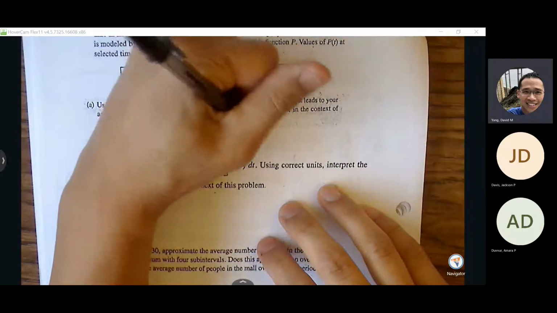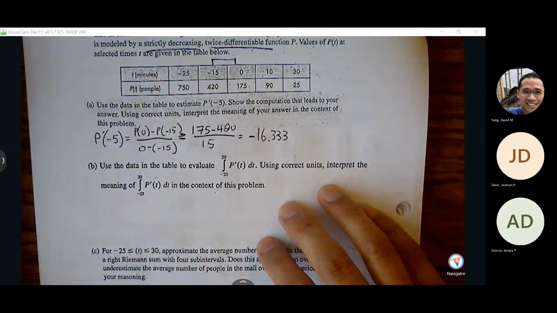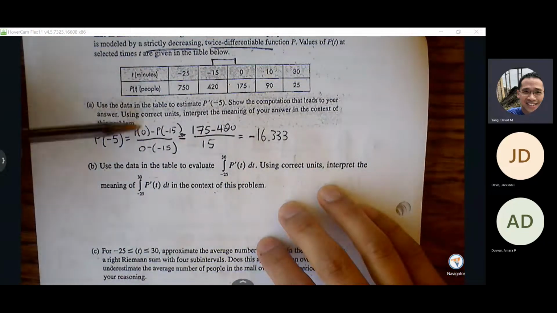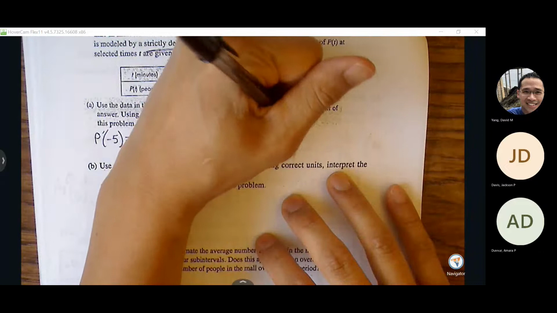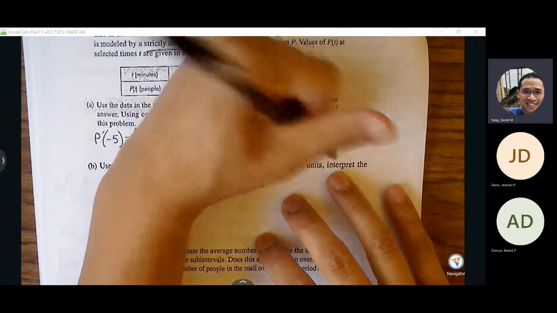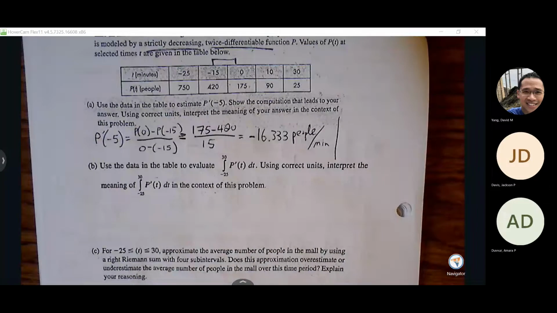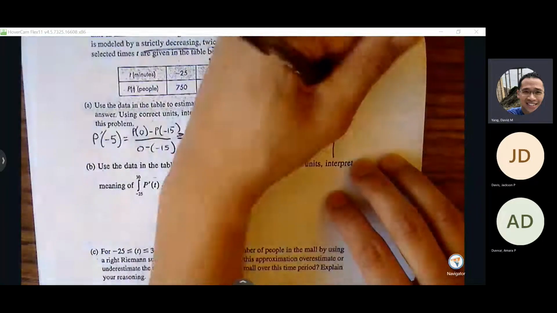Use your calculator. This is the change in people. We're changing minutes. So the units of measure will be people per minute. So this tells us 5 minutes before closing,